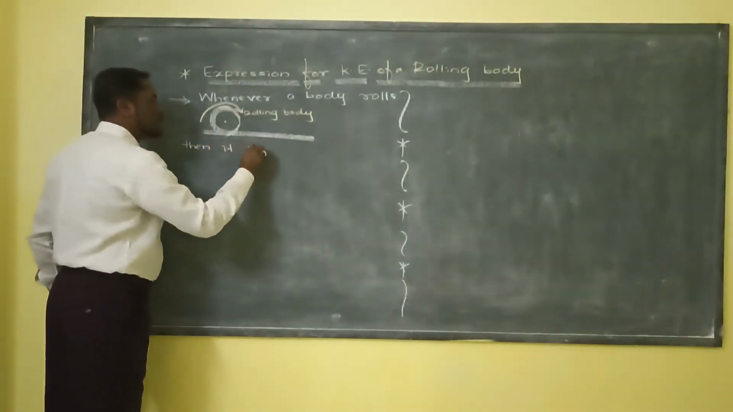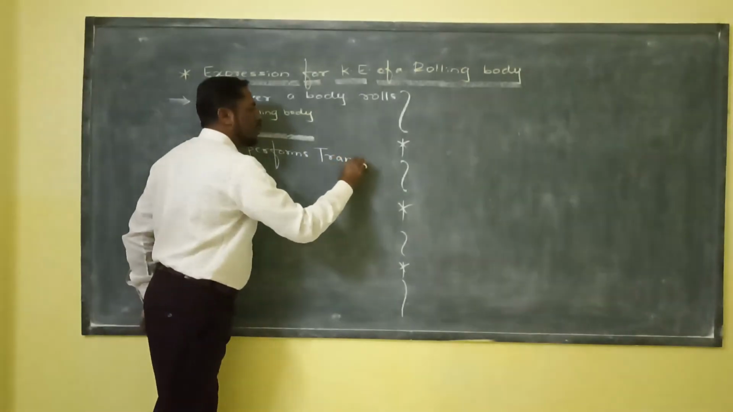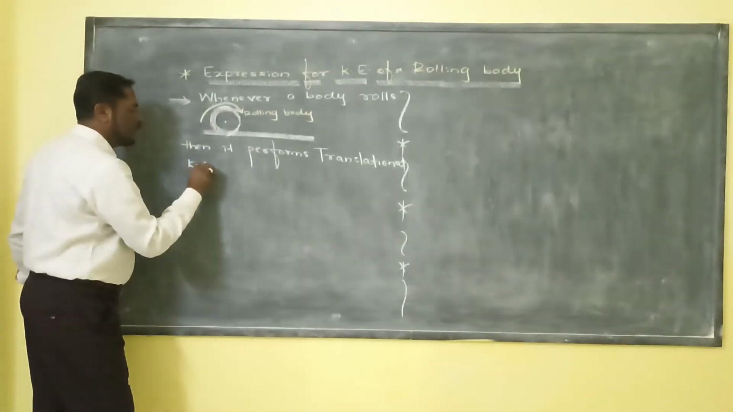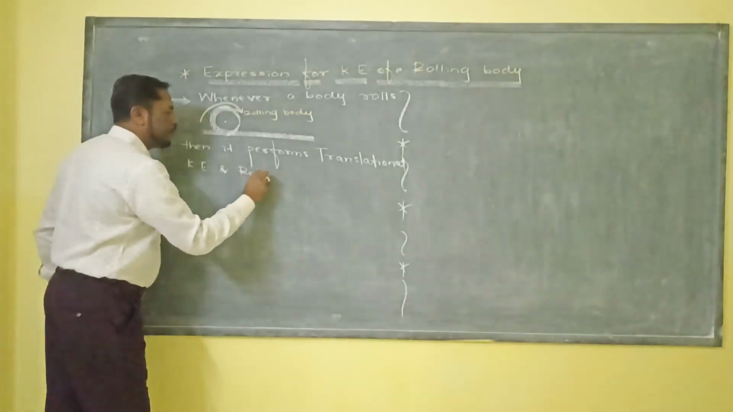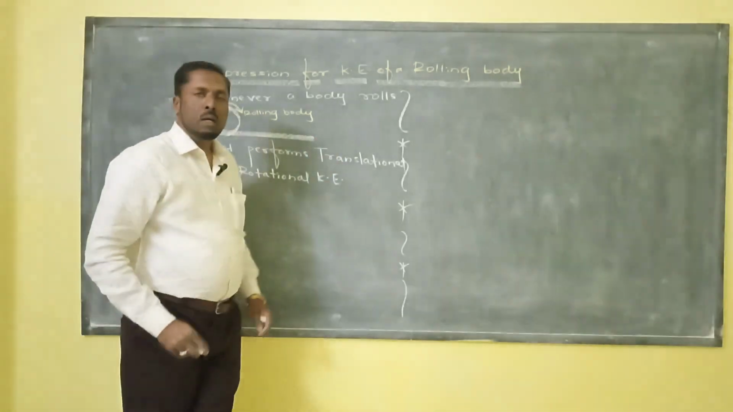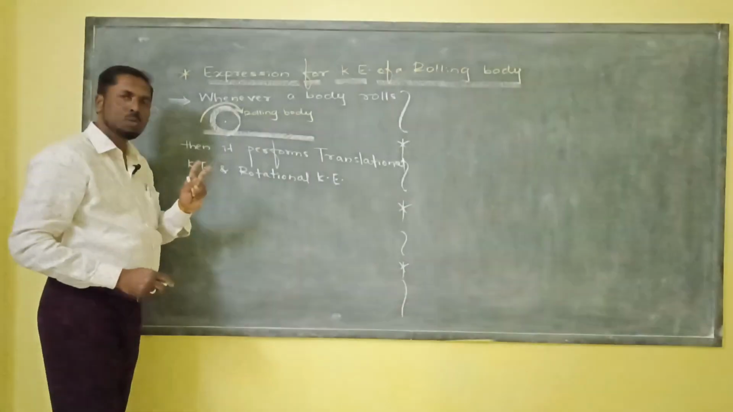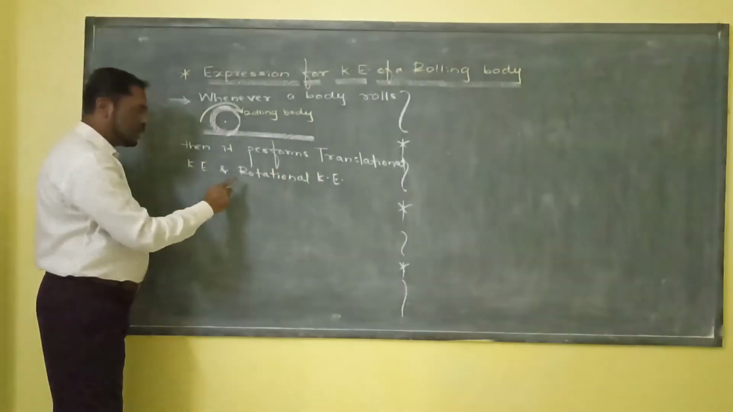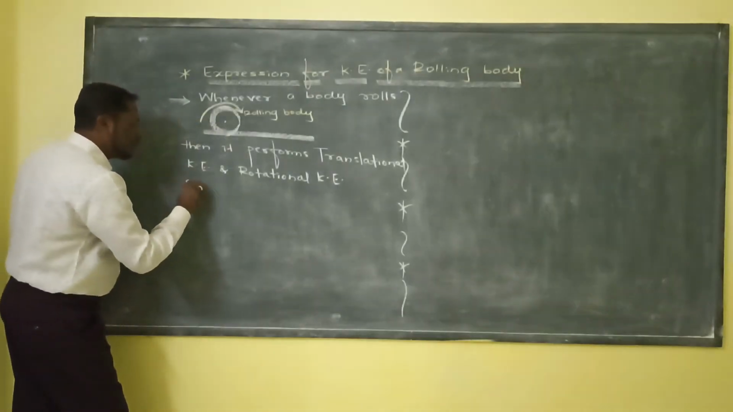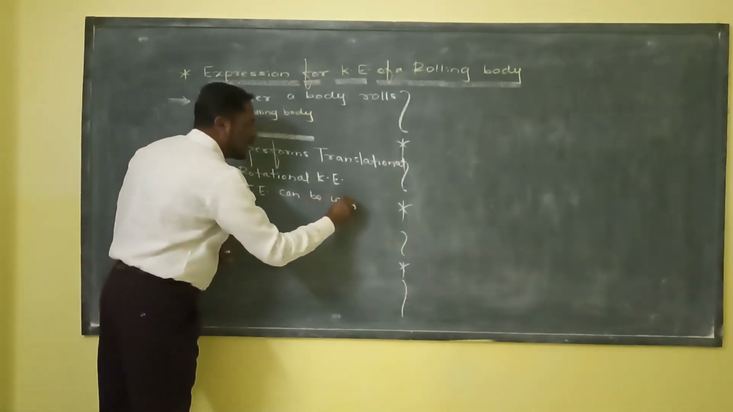it performs two types of kinetic energy. One is called translational kinetic energy, and the other one is called rotational kinetic energy. Whenever a body rolls, the body performs two types of kinetic energy: one is translational kinetic energy, and the other is rotational kinetic energy. So, the total kinetic energy can be written as